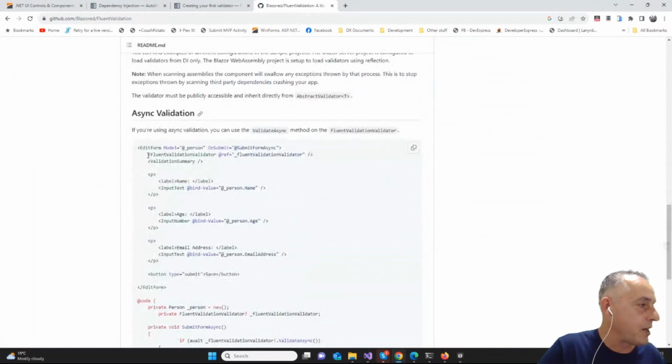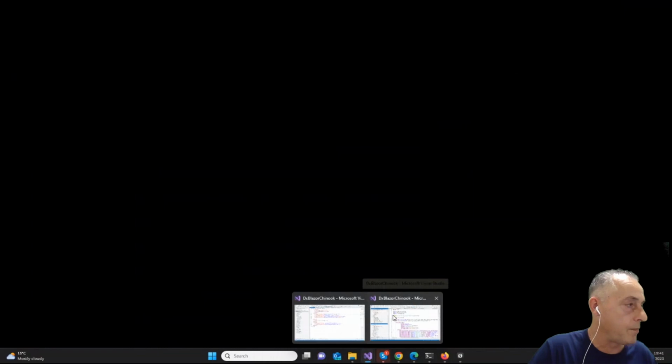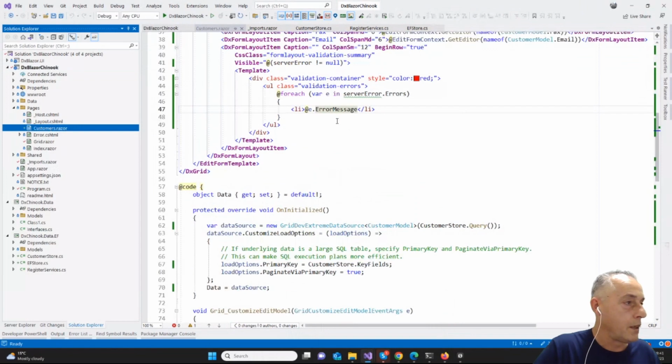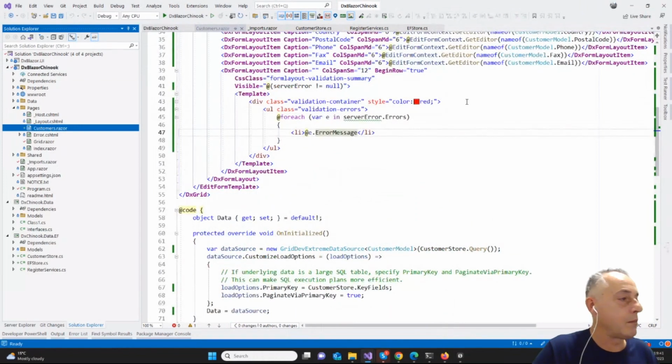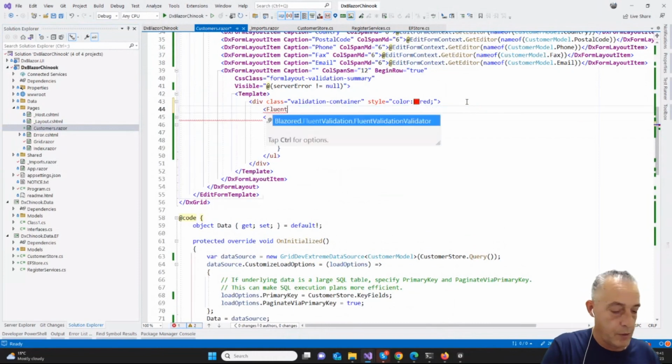But the most important thing is that we will need to have this Fluent validation validator in place. This is much like the validation summary that is standard with Blazor. But now we're going to add that in our application. So for that, I will switch over to the grid, the customer one here, and I will just put that in right here. The Fluent